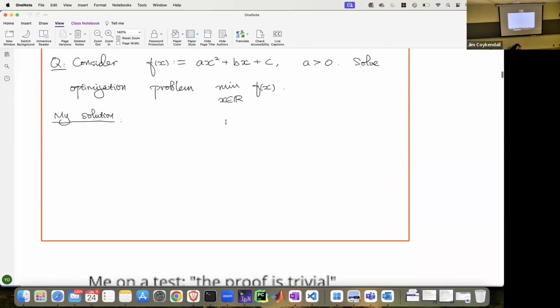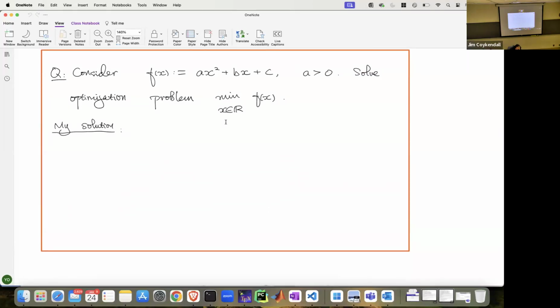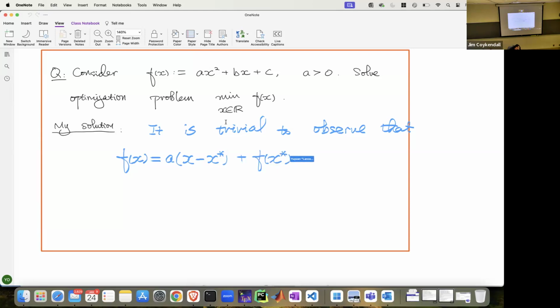Okay, I'm ready to write down my solution. Now, my solution is going to be the following. Based on my observation, I'm going to start writing it down. Okay, so it is trivial to observe that f of x is equal to a times (x minus x star) plus f of x star, and therefore